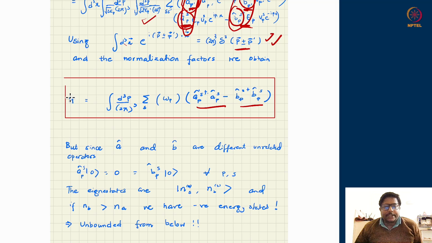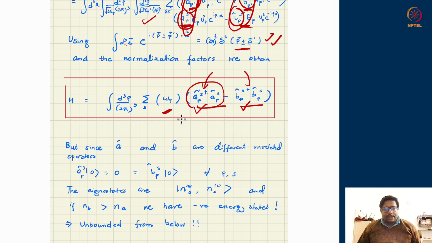Now let us stare at the Hamiltonian we have. The Hamiltonian we have is almost like the harmonic oscillator Hamiltonian, which has a number operator, and this is the frequency that comes with it. However, this time we have a collection of two sets of oscillators, positive frequency and negative frequency. This is the set of positive frequency. A's are the positive frequency operators and B's are the negative frequency operators. So they do come with positive frequency and negative frequency, and ultimately what is happening is that we are counting all the positive frequency oscillators and all the negative frequency oscillators and combining them with their frequency weightage to get the Hamiltonian.